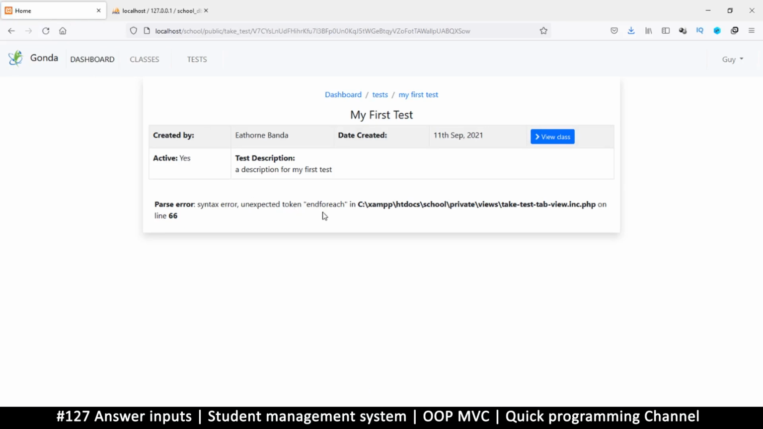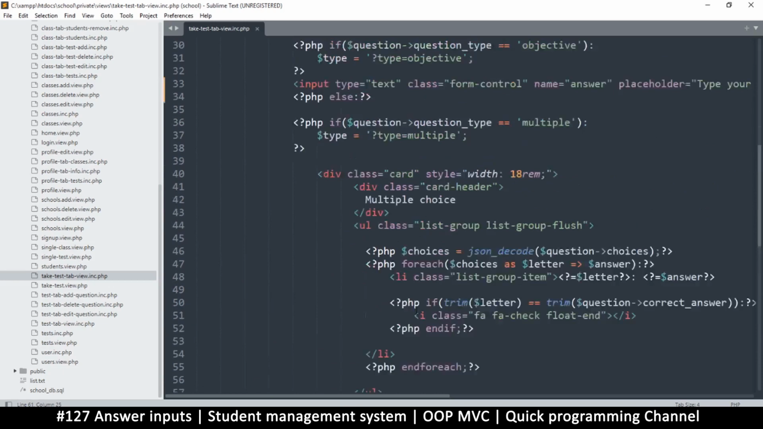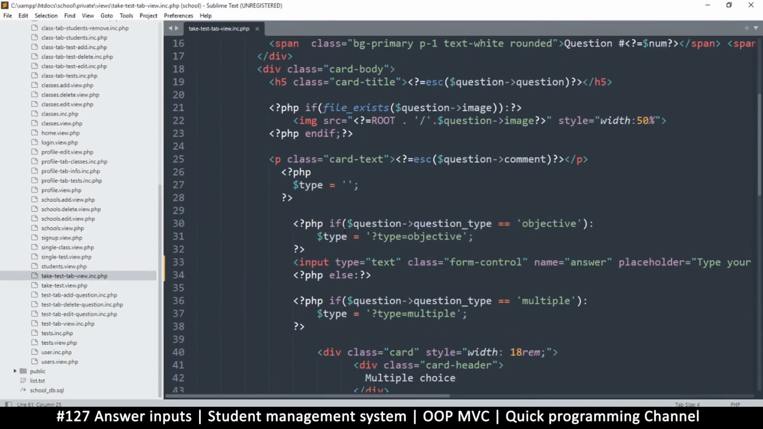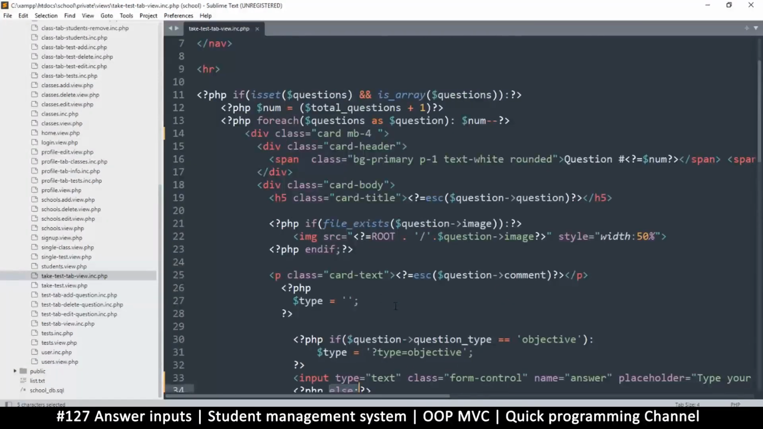Unexpected token end for each on line 66. Okay, let's see, where is that? This one. Yeah, this isn't very good programming here. I end up being confused by my own content here because of this poor way of doing things. So don't be like me. Be neat in your coding here, mixing HTML and